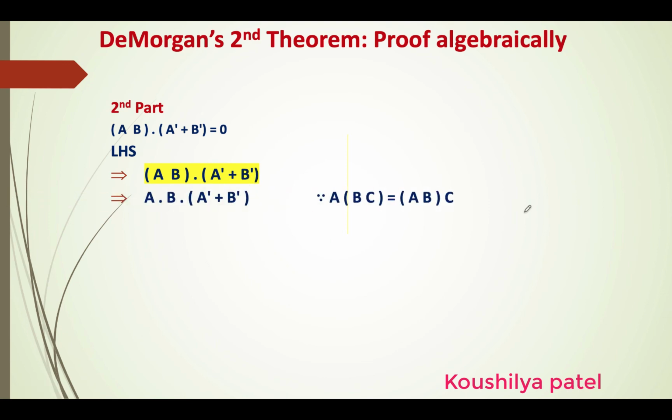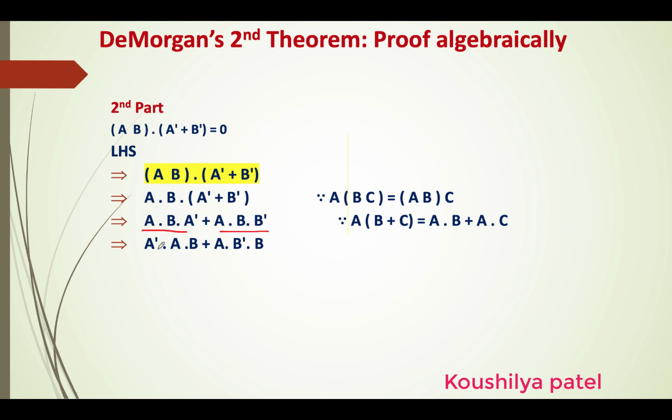Now we are going to apply the associative law here. The associative law says A(BC) equals (AB)C. So in this way we can change these positions here. Now again we use simple multiplication, multiplying AB with (A dash plus B dash), so that we get the result in this form. Now changing the positions of the variables, we get A dash into A into B plus A dash into B dash into B, and we know A dash into A equals 0 and